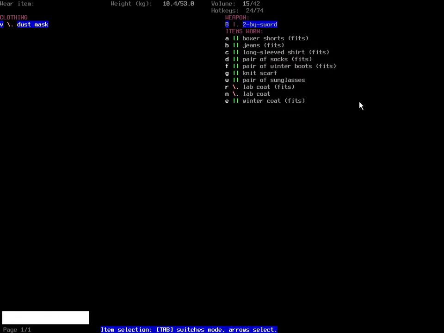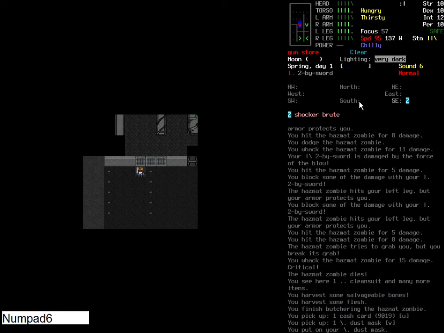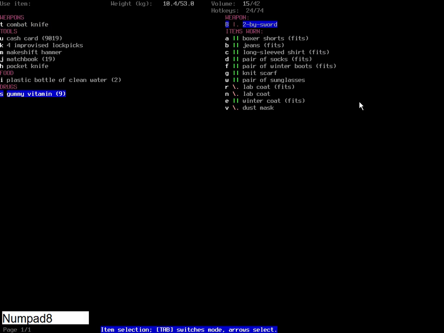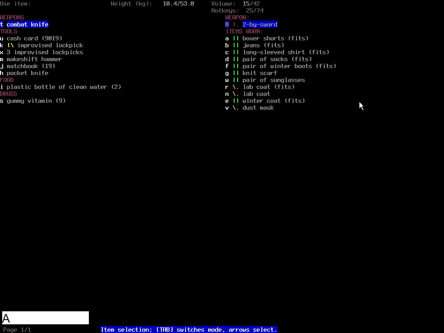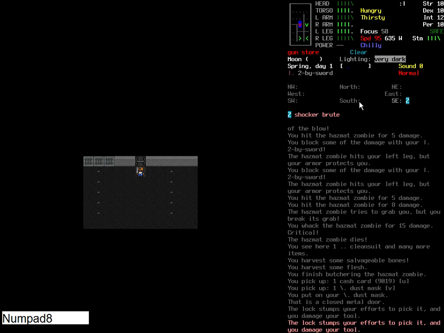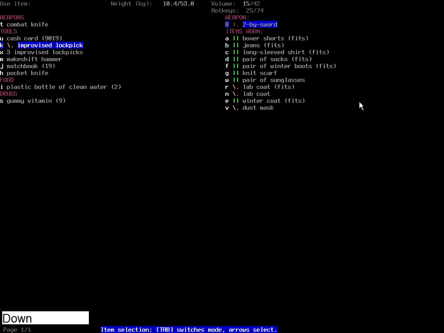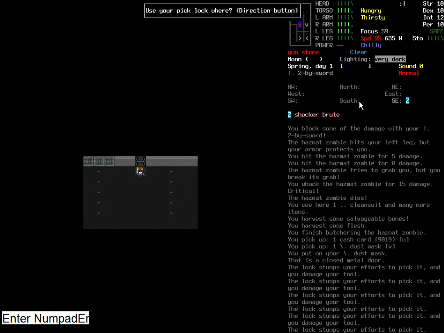Take the dust mask. There we go. A little bit of protection. So I can see the Shocker Brute, but he's not here. Closed metal door. Can we pick the lock? We can try. So we activate improvised lockpick, and we're going to try and break in. We might end up burning through all our lockpicks, but